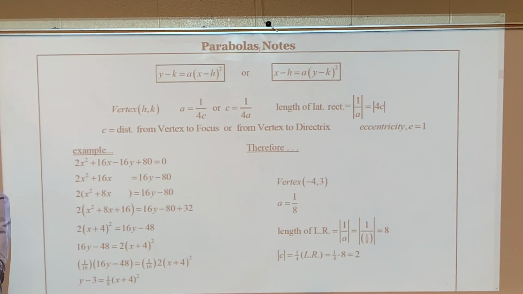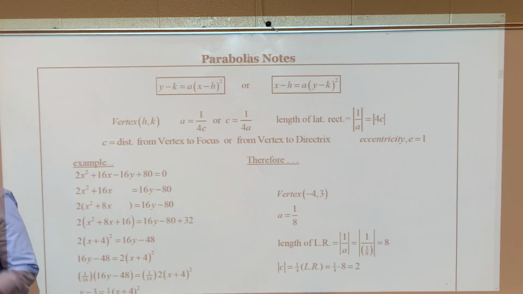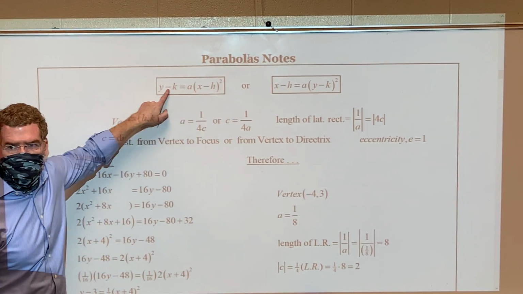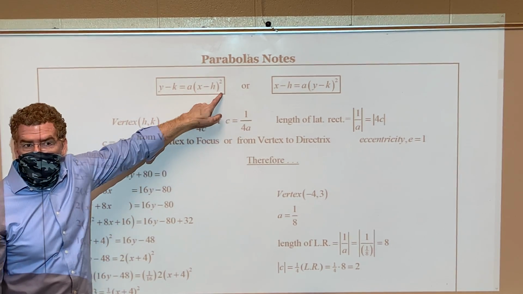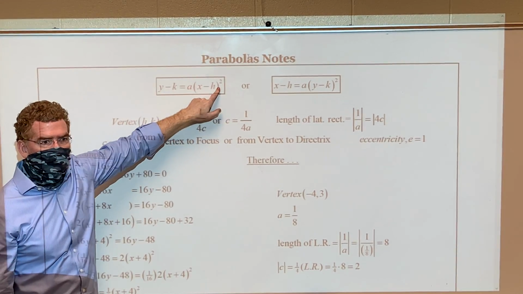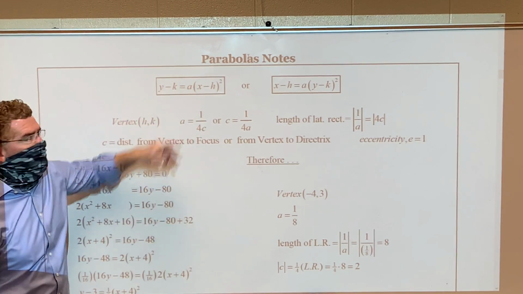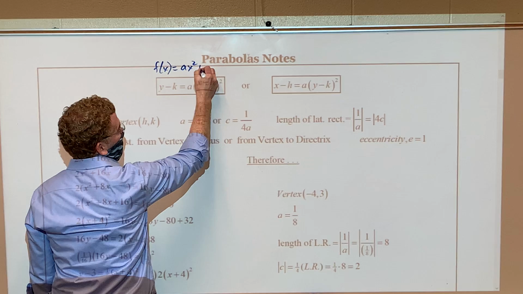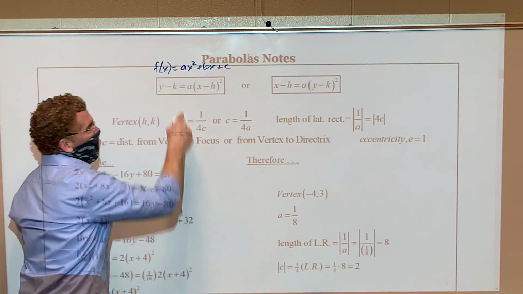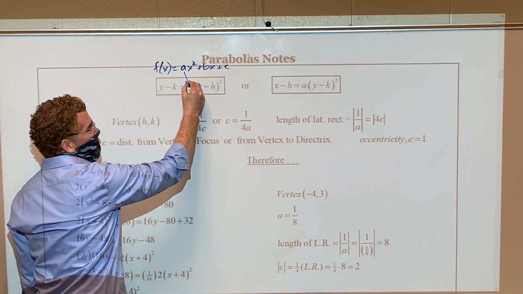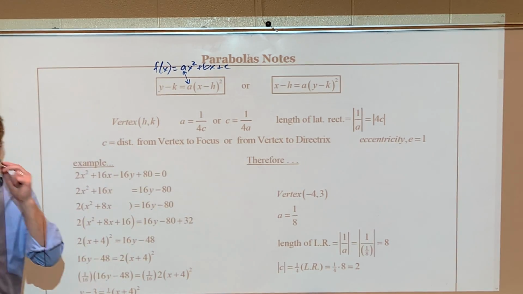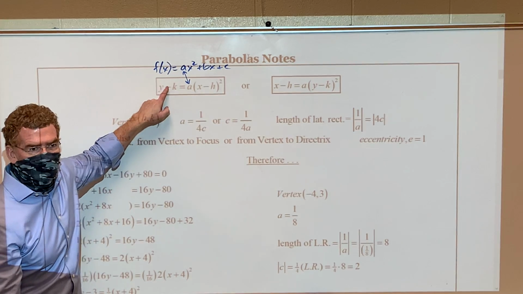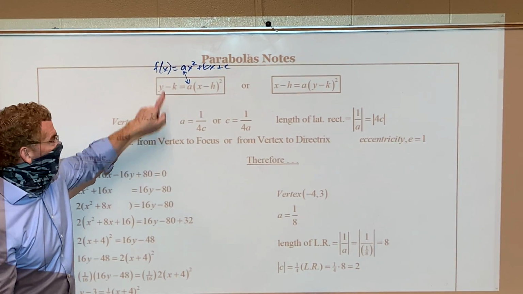All right, let's jump to parabolas. Here's what you already know. You already know that this is called what? Parabolic form, right? There's also a way you can write it as a function, which would be f of x equals ax squared plus bx plus c. But the only thing these two things have in common is that a and then the x's and y's both represent points. But this is parabolic form of a parabola, right? And the h, k are